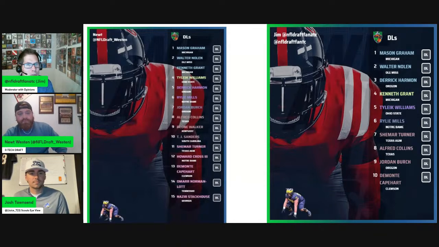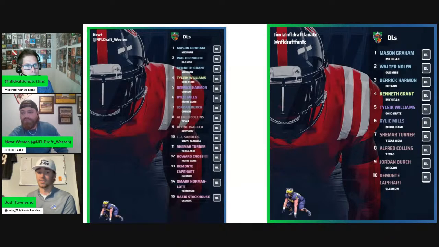Okay. Is there any world where Tyleik Willams has a higher floor than Kenneth Grant? I'll take the reins on this one. I believe so, day one. Once we get a couple of years into the NFL, I think Kenneth Grant's going to establish himself and bring a way better floor than Tyleik Willams. But the way Tyleik Willams defends the run is one of the better ones in this draft class.